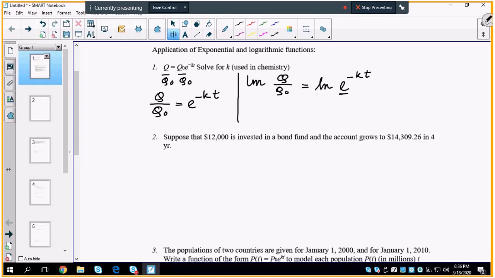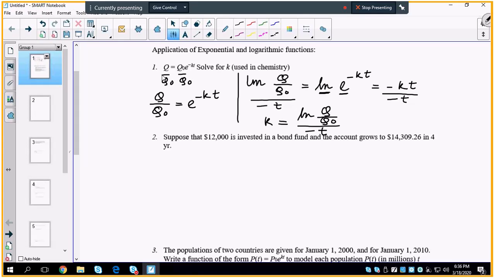This being an exponential function of base e and this being a natural log function of base e, they cancel each other and you get minus kt. Since I'm solving for k, I will divide both sides by minus t, and if I do so, I will isolate k. So k is equal to natural log of Q over Q naught over negative t. In general, an equation of this format is called a growth or a decay equation, where Q is called the final quantity, Q naught is called the initial quantity, k is called the rate of growth or decay, and t